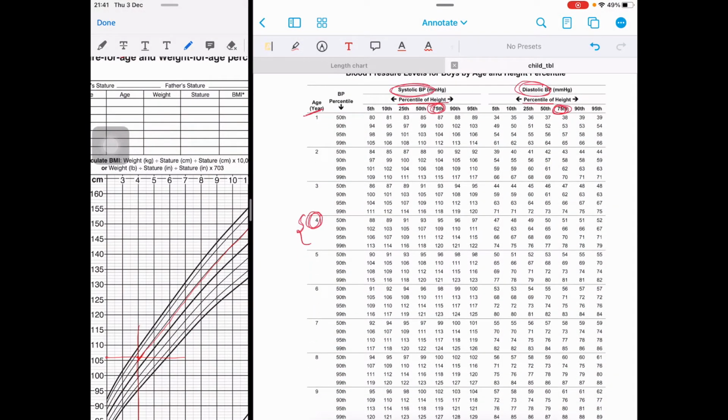So let's see where does it fall, where the 100 mm Hg falls. So in 75th percentile, as we go down, our reading of 100 mm will fall here, that is between 50th and 90th percentile. So the interpretation will be that the blood pressure of the given child, or more specifically systolic blood pressure of the given child, falls between 50th and 90th